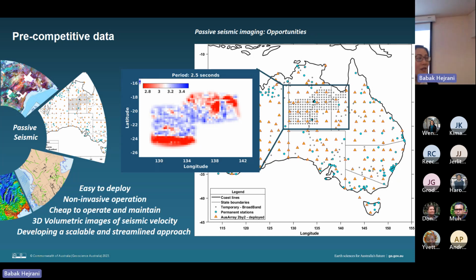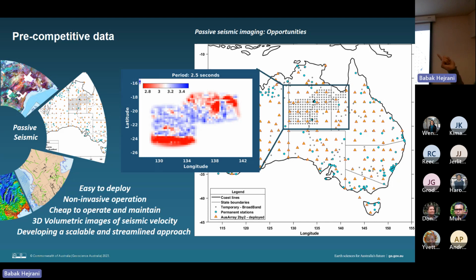So I'll repeat the question. That's an excellent question. Thank you very much. So the question is, what is the motivation, I guess, for this large array? Are we trying to image the deeper structure? The answer is yes. So now we are hoping that we can provide a full lithospheric image for Australia, because